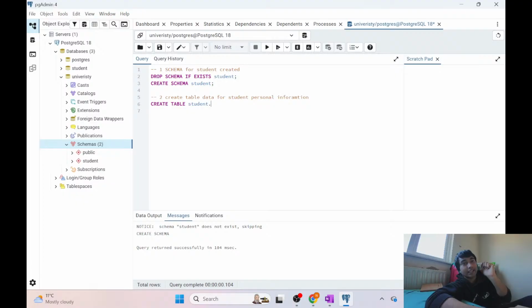dot means access into. It's like if you want to go into someone's house or a building, what do you do? You knock and go inside, right? Use that door. So this dot helps you bridge into that room or that building. So you go to student, and because you're already inside the database, you are inside the building. So now you are asking this relational database management system to go into the student floor and create one room for student STD